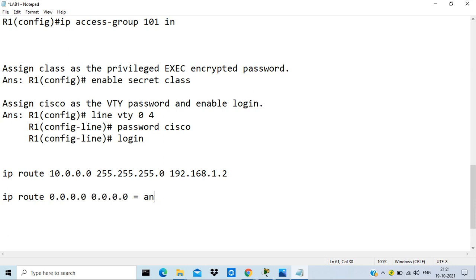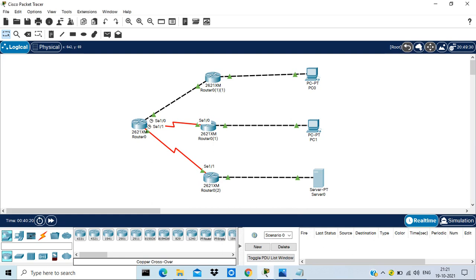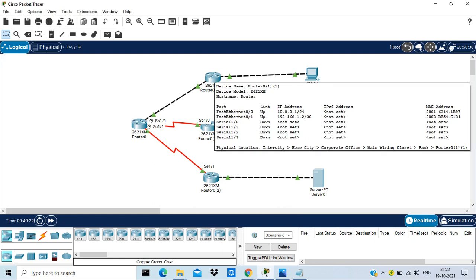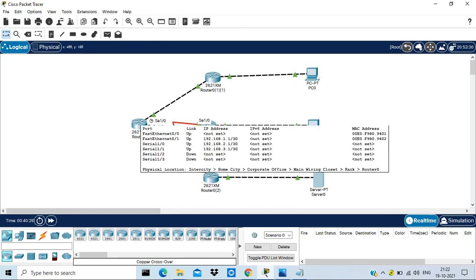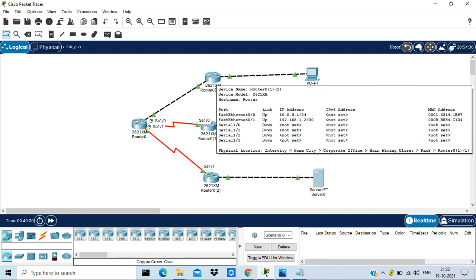Okay, so now I need to add my gateway. Here in the branch office, I can see I have one gateway, and that gateway is definitely the other interface of the head office router, which is connected with the WAN interface of the branch 1 router.